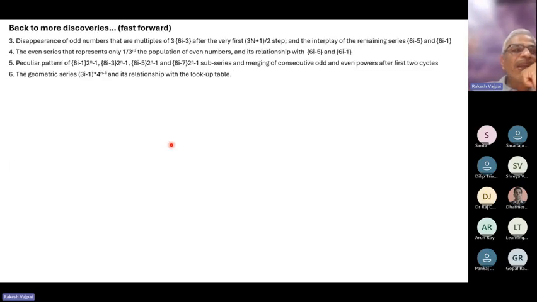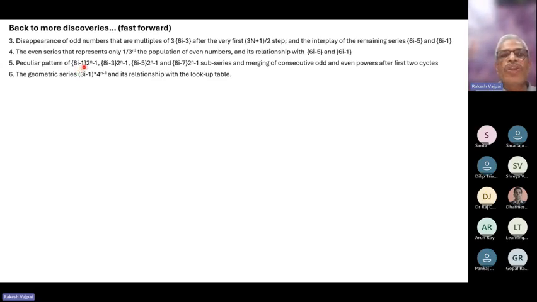Okay. Now, again, I'm not going into too many things, but there are many more discoveries which I've had during this period. So, that disappearance of odd numbers. This series 6i minus 3. And then there are these two remaining terms, 6i minus 5 and 6i minus 1, which keep coming every time on the odd side as well as on the even side. And there is a very interesting interplay that happens with the powers of 2 and powers of 3 between these numbers. Then if I break down all the odd numbers into 4 sub-series, then you can prove